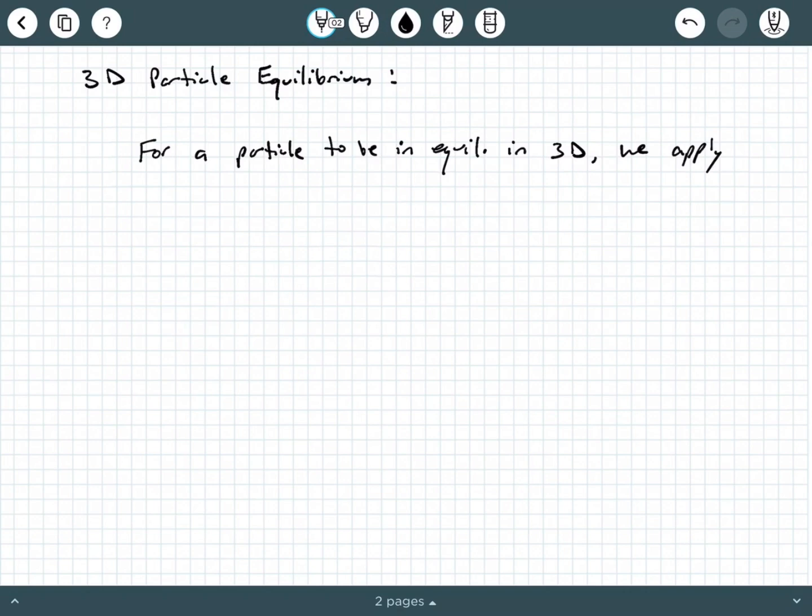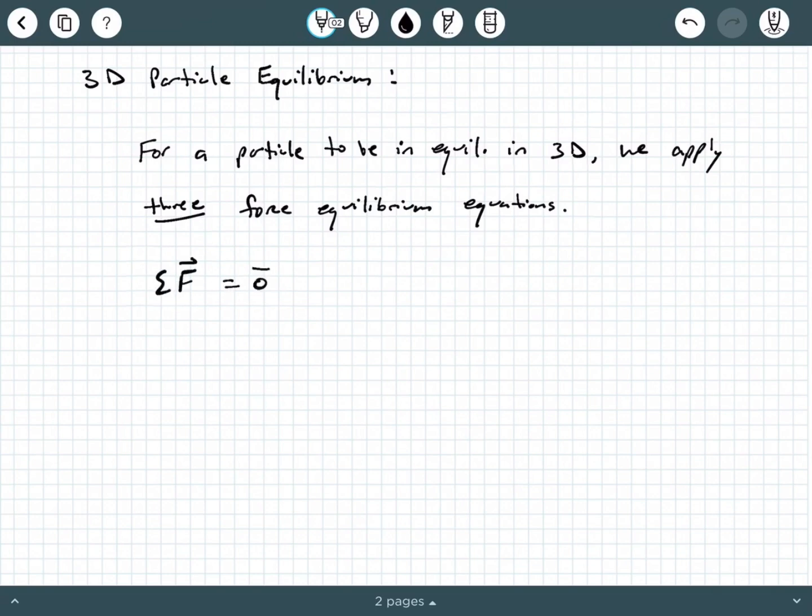What about a 3-dimensional particle? Well, we still are not dealing with any kind of rotations yet. We're still just dealing with force components. But in this case, we're going to apply 3 force equilibrium equations. Okay? So the way to think about that is sum of all the force vectors equals the 0